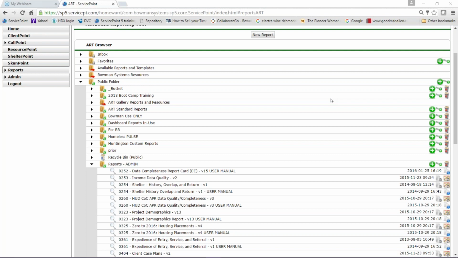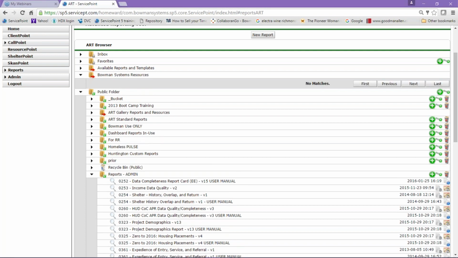Okay? So what I'm going to start here with is I'm logged into ART, and as you can see, we have our public folder, and then we have our admin folder. Okay? And before we go any further, I just want to make sure that everyone is aware of, if you click on this little arrow,